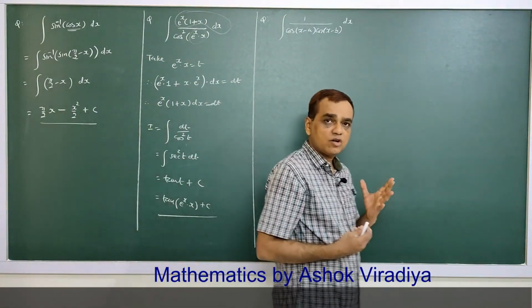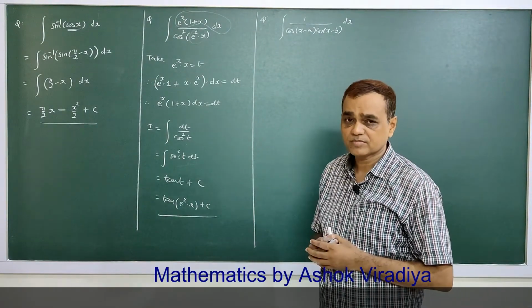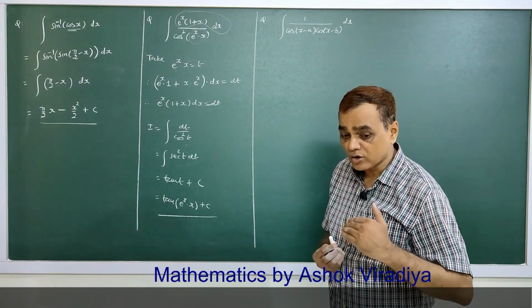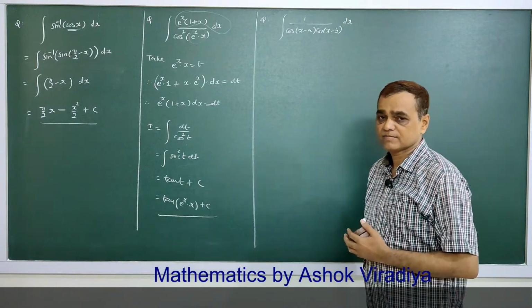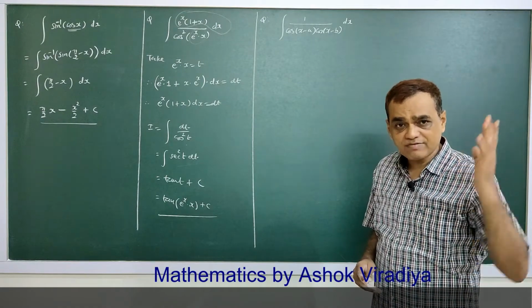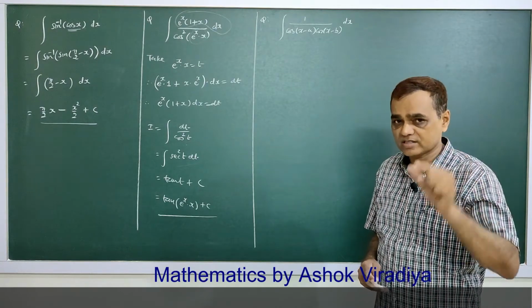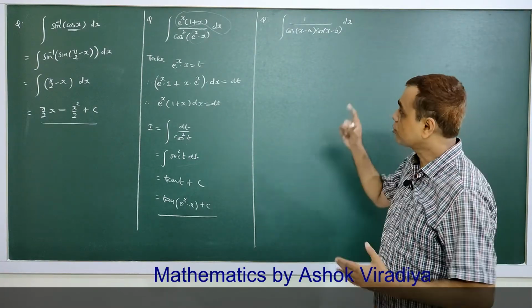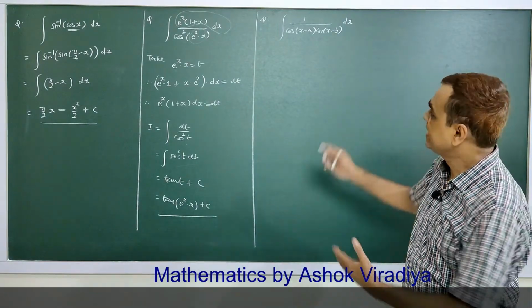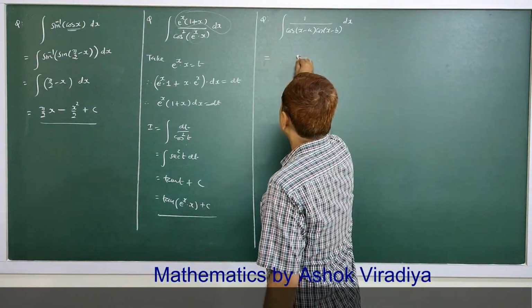1 upon cos of x minus a into cos of x minus b. The denominator is cos into cos. Product is in the denominator, not in the numerator. If the product is in the numerator, then we use the forms 2cc, 2ss, 2cs to break the product. But here the product is not in the numerator, it is in the denominator, not integrable. So to convert this into integrable, what we do,